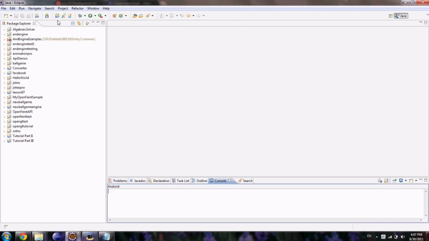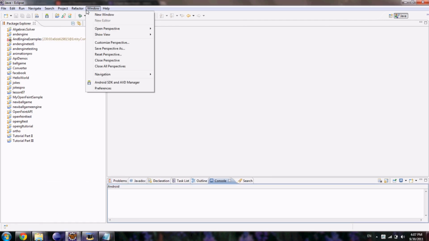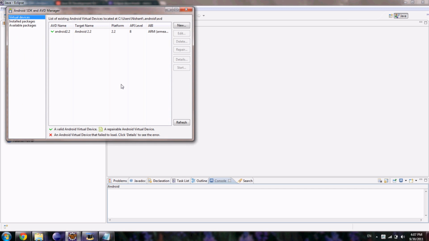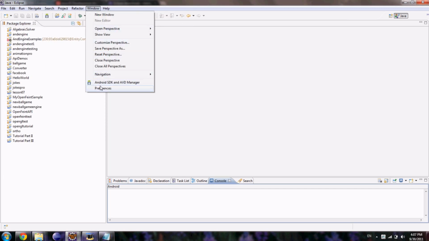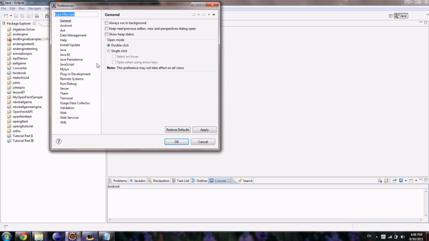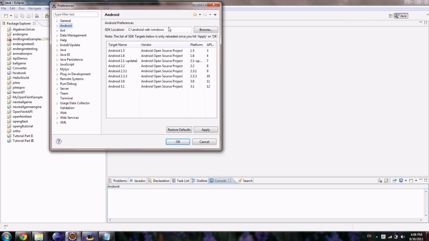and click Window and Android SDK and AVD Manager. Sorry, my wrong one. Click Preferences. This window should pop up, and click this Android tab on the left, and select the Android SDK Windows. Click on Browse